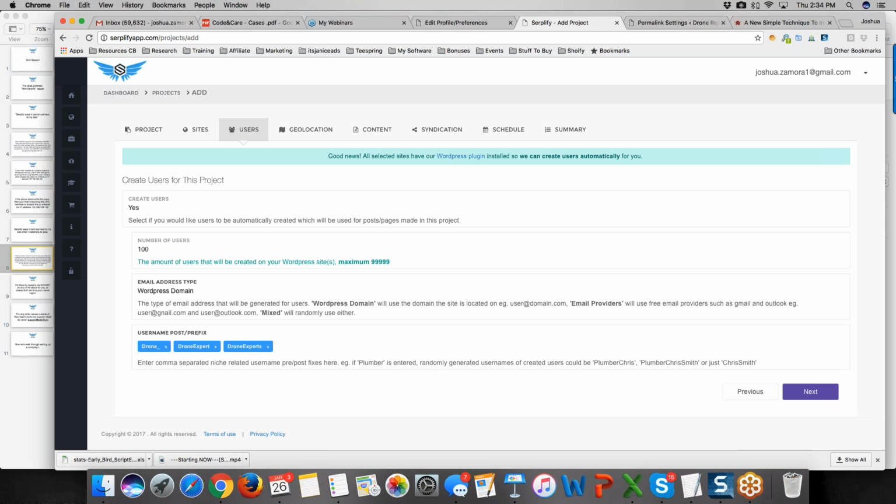Does that make sense? Before we move on, does this part of Serplify make sense to everyone? All you're doing is telling Serplify how many users you want to create on your site, the email that you want to use for those users, and the prefix to be used for the author name. Okay, perfect. So everyone's clear on that. Now we can move on. So next,